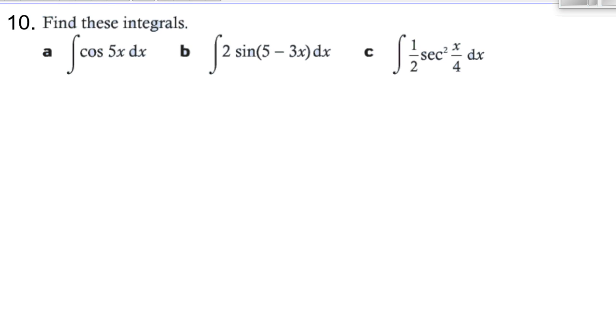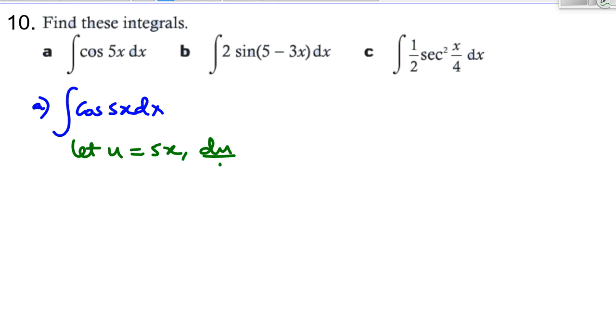Let's now look at number 10. Start with 10a. Integral of cos 5x with respect to x. The first thing is let u be equal to 5x. du over dx will be 5, which means that dx will be du over 5,